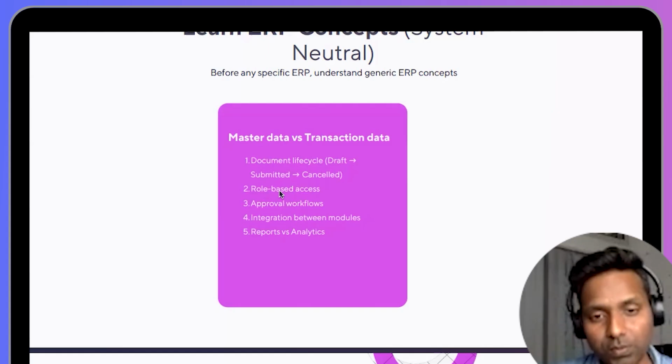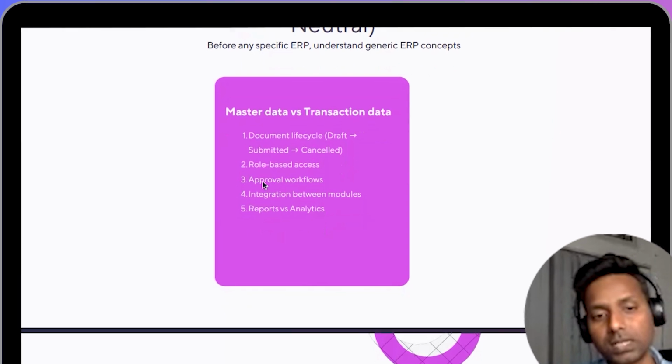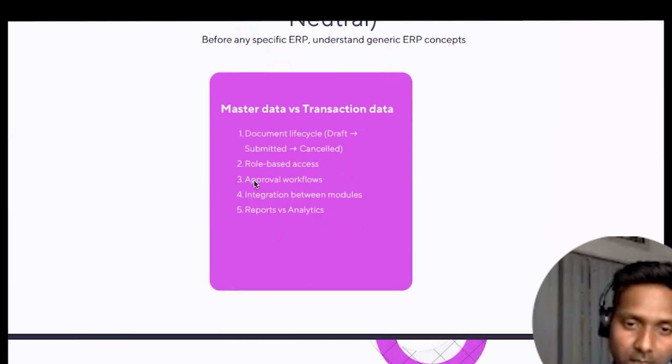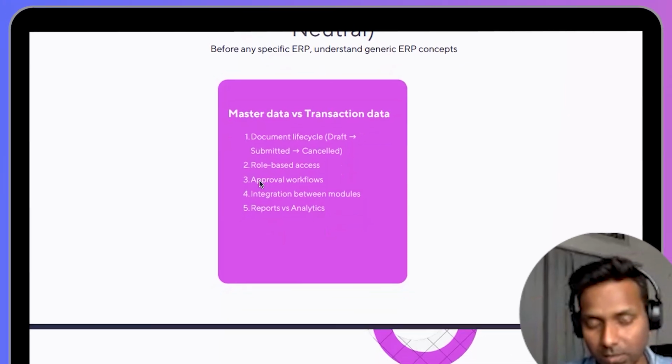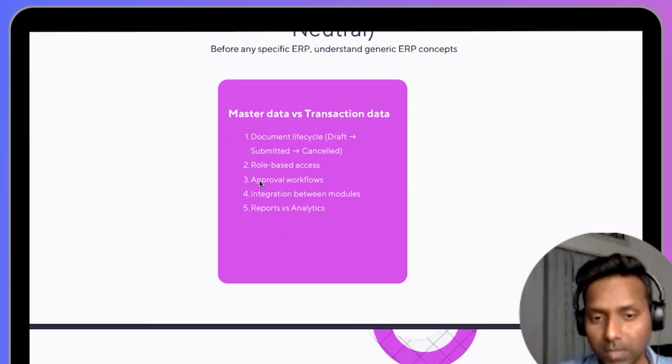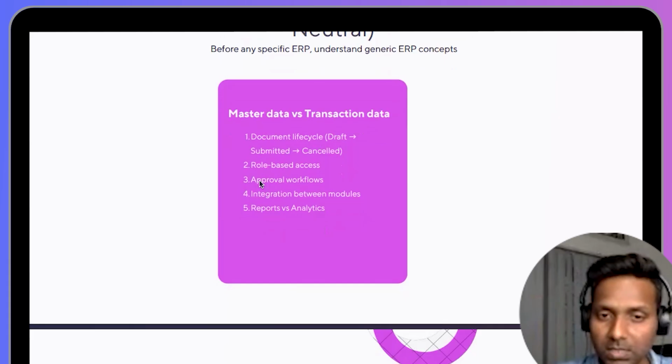Okay, approval workflow. In any business, you either take manual approval or software-based approval. No matter whether you go for manual or software-based approval, in business there is an approval mechanism. So first you have to know this approval mechanism. What is it? How does it work?